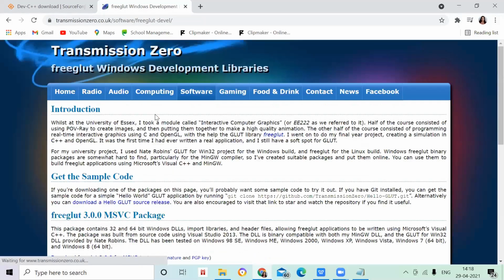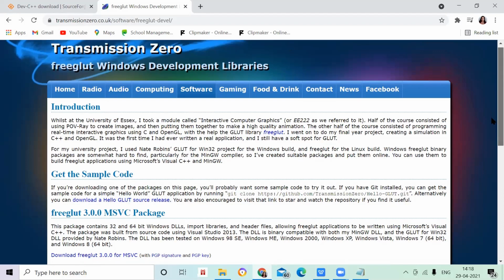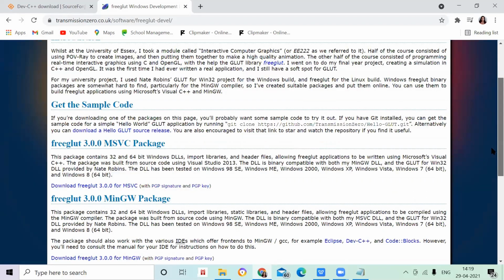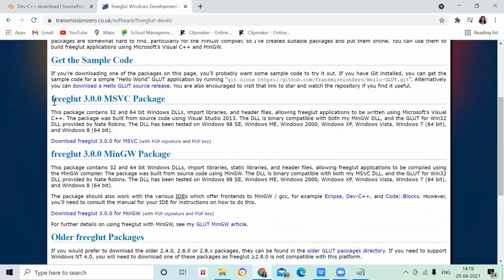Remember, you have to go inside the pre-packaged release, then click on the first one. If I click on the first one, it will take me to one more site, that is Transmission zero, where I will have all the freeglut Windows development libraries. If we go down, we should get some freeglut packages. Here you can see freeglut 3.0.0.